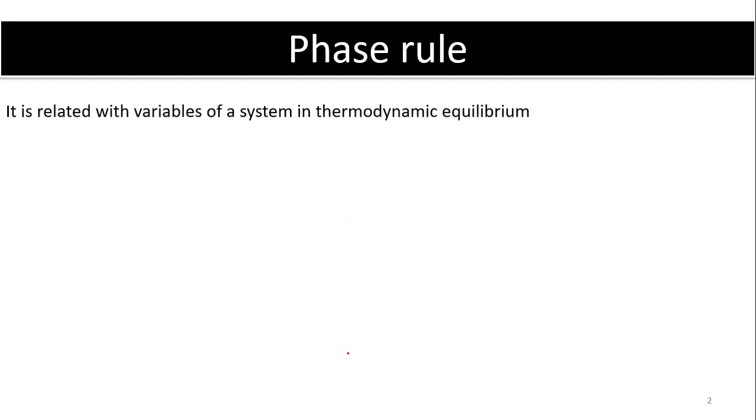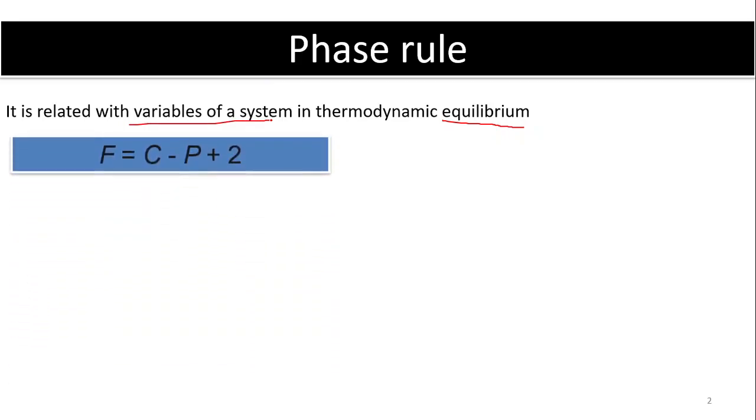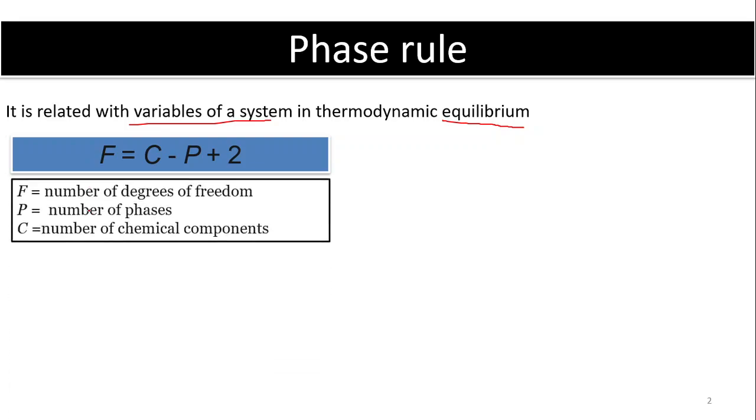is very important for the equilibrium conditions. So normally the phase rule is related with the variables of the system in the thermodynamic equilibrium. So that is an important thing. That's why we have to know about the phase rule, and there is a very simple equation for the phase rule, where F is equal to C minus P plus 2, and the meaning of these terms is, F is the number of degrees of freedom that we need to find out with the help of